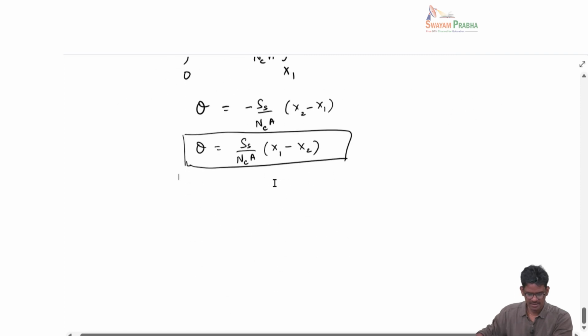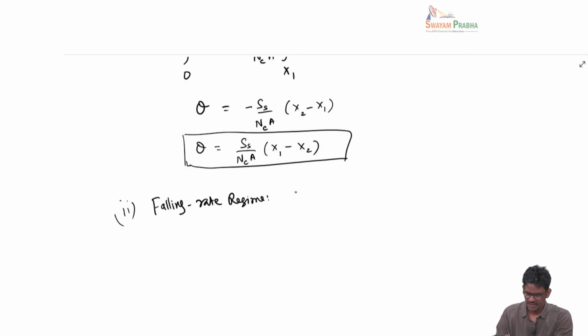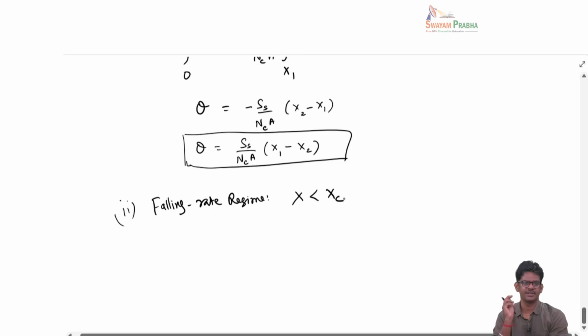Now the second possibility is drying under the falling rate regime. That means we are talking about X less than the critical moisture content. So from this definition,